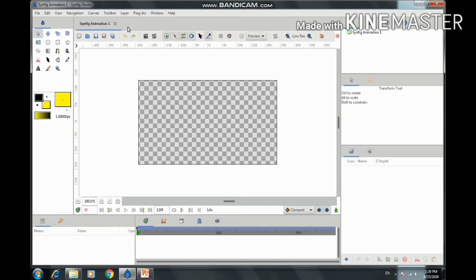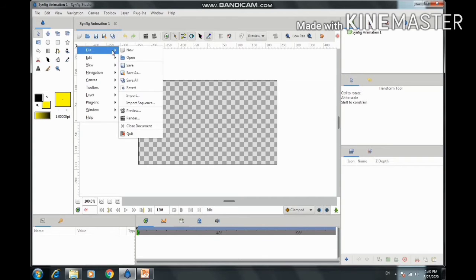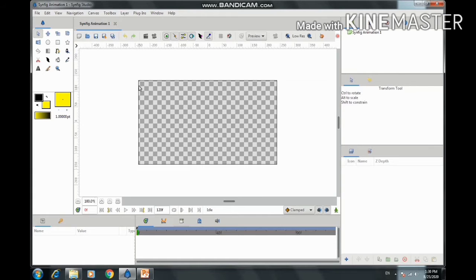Now this is the latest version, so the interface is a little bit different than it is given in the textbook. This center part is our canvas. Here you can see different menu items, and this is a caret which opens different menus which are already given at the top side. This is the main working area.